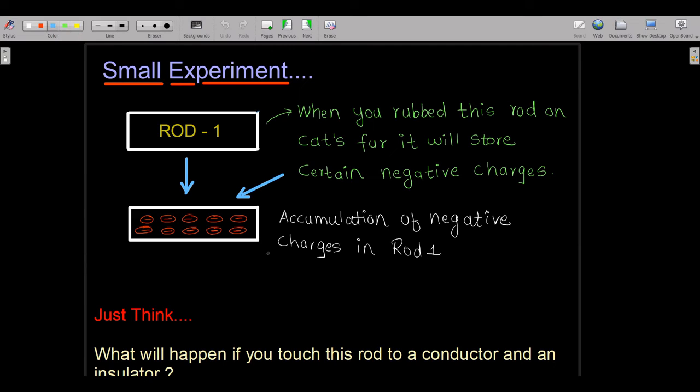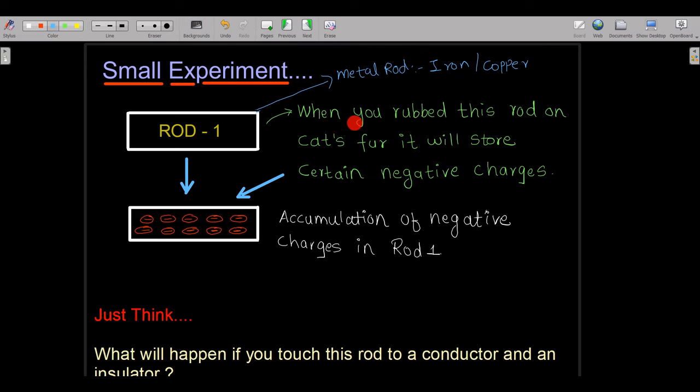Just consider that this is rod 1, which is a metallic rod. Consider that it is a metal rod, and it is made up of iron or copper. You can take anything, iron or copper. So when we rub this rod on cat's fur,